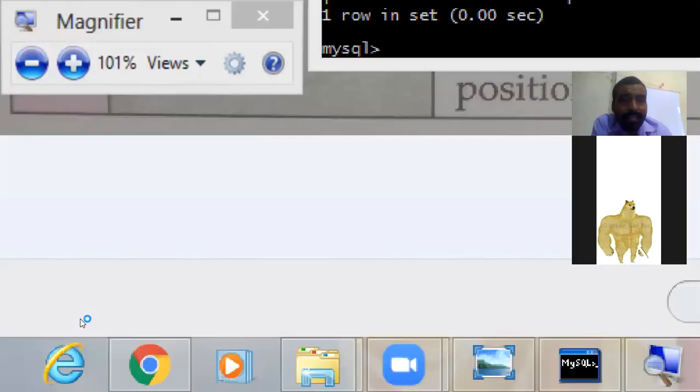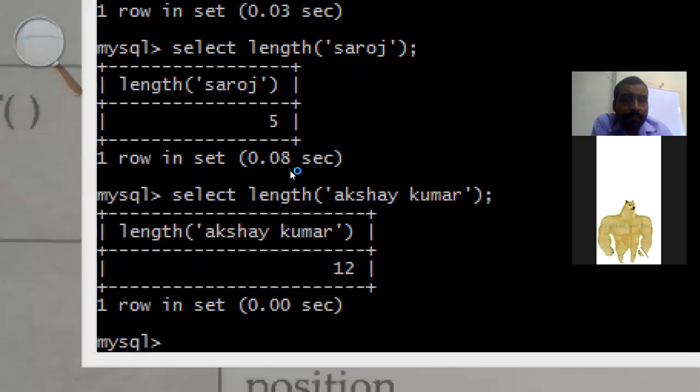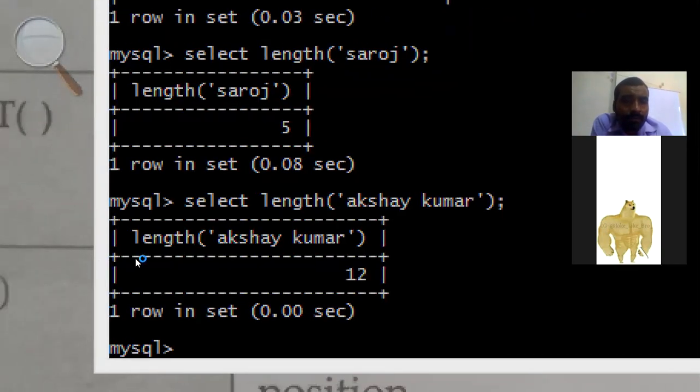Let me magnify. Okay. Now here I can type select, space, left, then in parentheses write some text. Suppose you want to write A, B, C, D, E, F. Then put comma. Then write the number of characters you want from the left side.